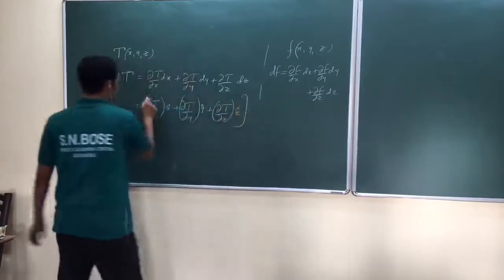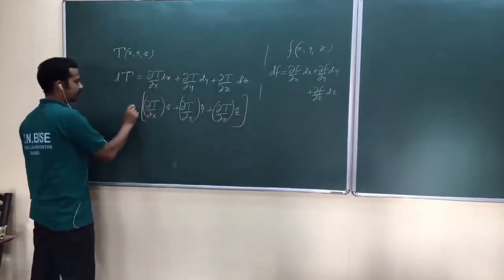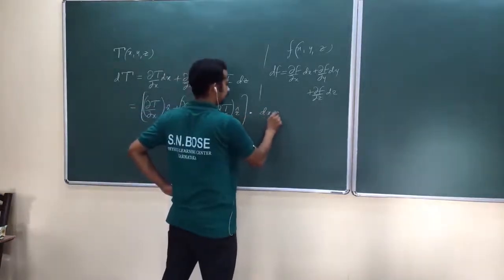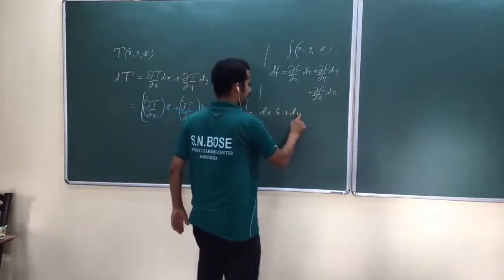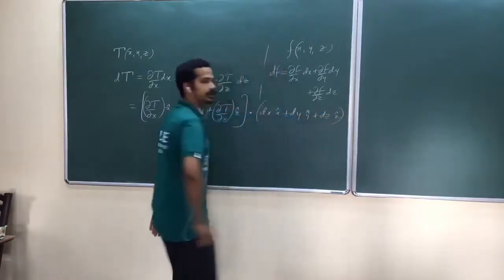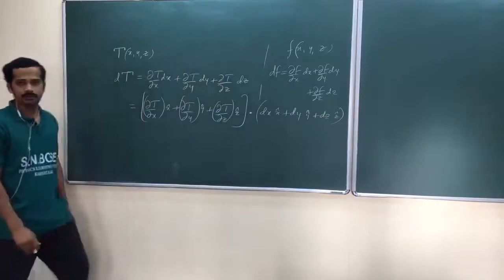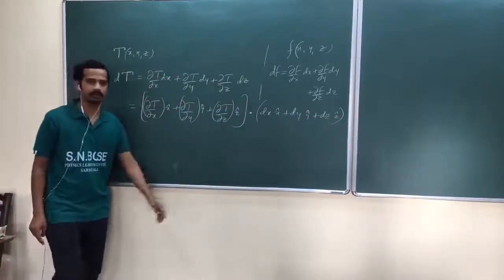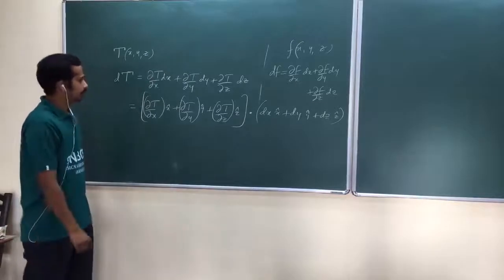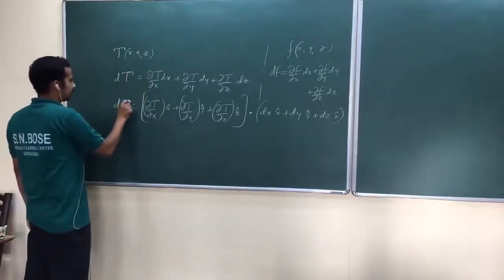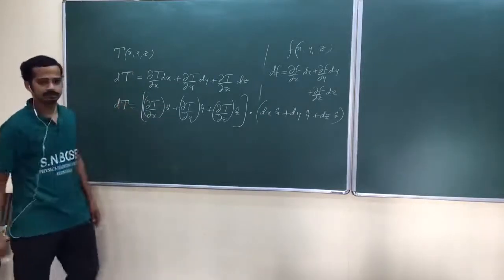Okay, I'm purposefully rewriting this one. Dot product with dx into x cap plus dy into y cap plus dz into z cap. When you take the dot product, you will get this. And again, let me restrict myself to Cartesian coordinates right now. Is that okay? This whole thing can be written like this. Look at here, dT. I can write this one like this.